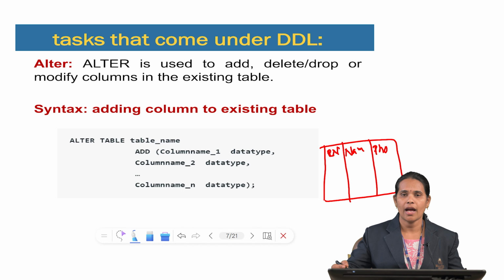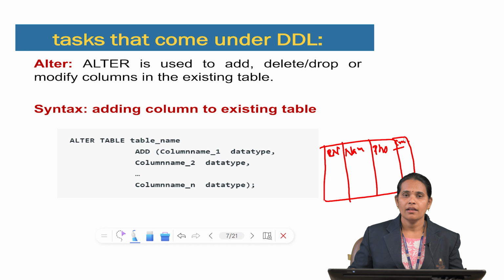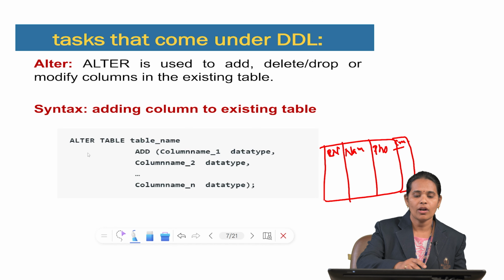Suppose I want to add one more column, and the name of the column is email. I want to add an email address to the particular student table. With the help of the alter command, I can add one extra new column to the existing table. So here the syntax is alter table, table name,